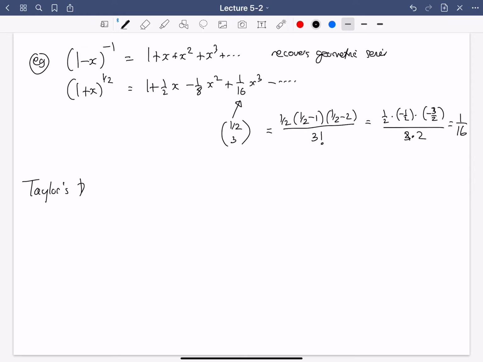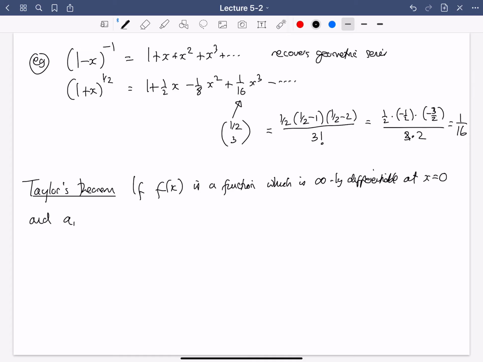I think I'll just write this down and stop. I'm not going to really do anything about this, but I'm sure you've heard that I've been using the word power series. Probably you're more familiar with calling these Taylor series or Maclaurin series. So let's just write down Taylor's theorem. So this says that if you actually have some function which is infinitely differentiable at x equals 0,